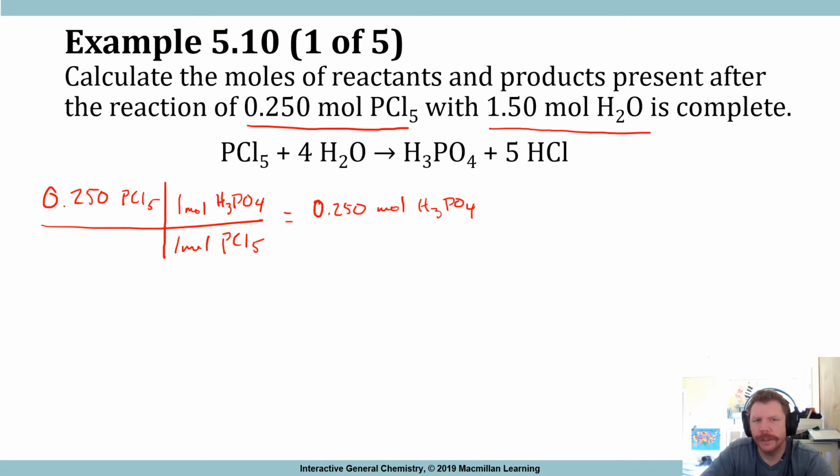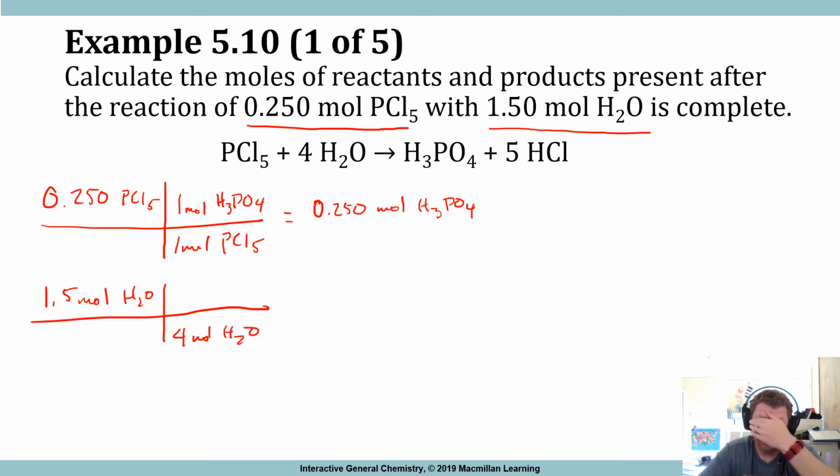Meanwhile, when we do the exact same thing, 1.5 moles of H2O, we see 4 moles H2O for 1 mole H3PO4. Gives us 0.375 moles H3PO4. And remember, our aim is to figure out which one of them gives us the lower amount of that